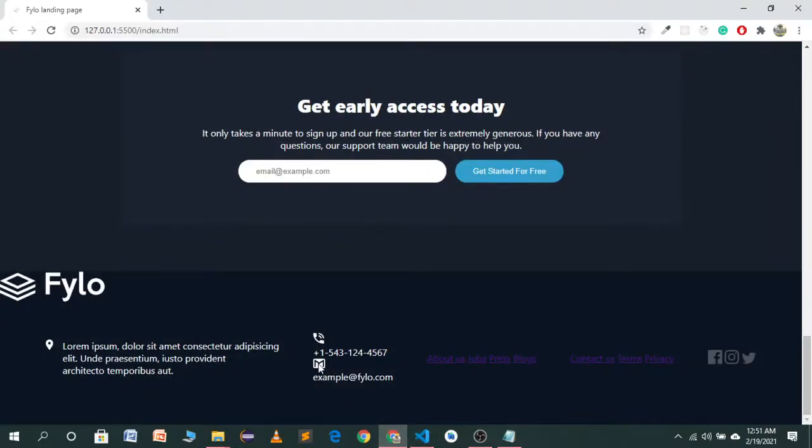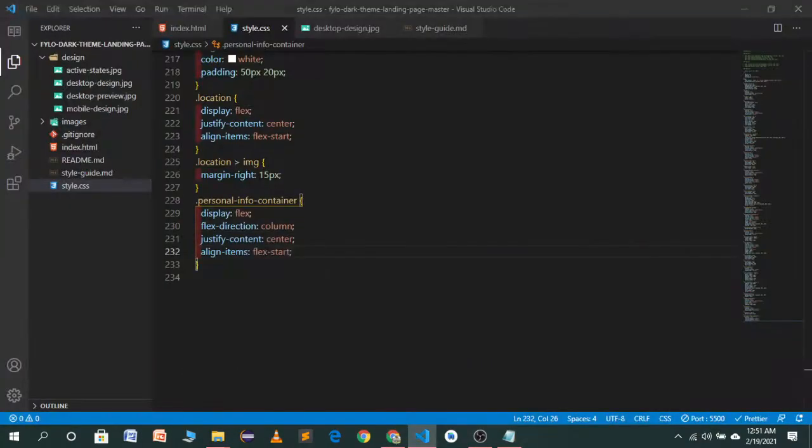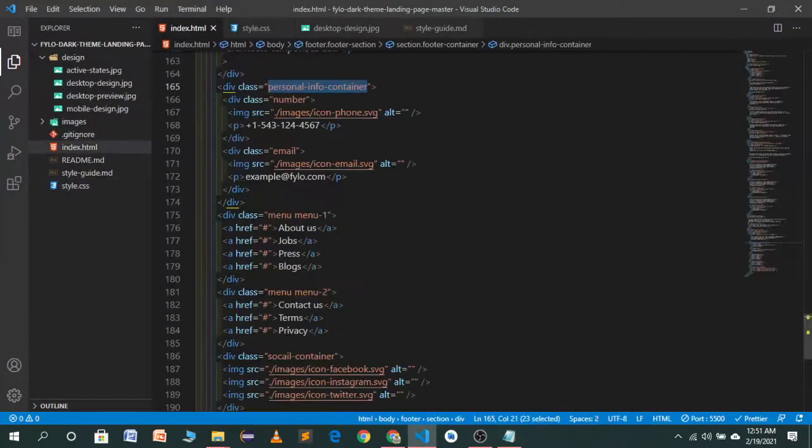It's looking good, but we have to target number, which will contain a number, which is this one, and email.